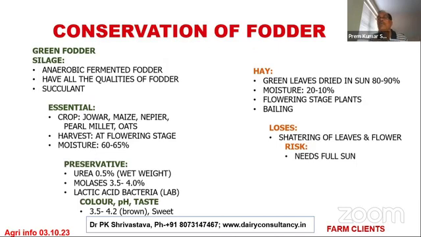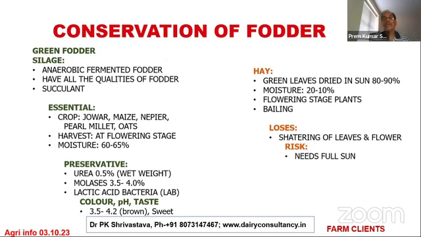We have tried to give you a picture of silage making. It is an anaerobic fermented fodder, and it has all the qualities of the green fodder. You can keep it for 6 months. You can keep it for a longer period also, but batches have to be made and opened so that each is utilized within a couple of days, 15 days, 20 days. And then the next batch, and then the next batch.